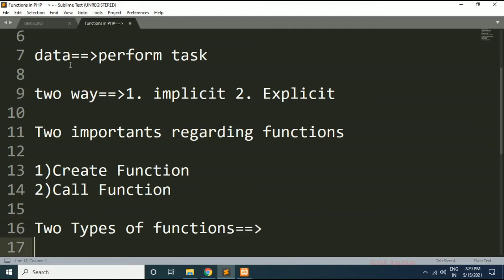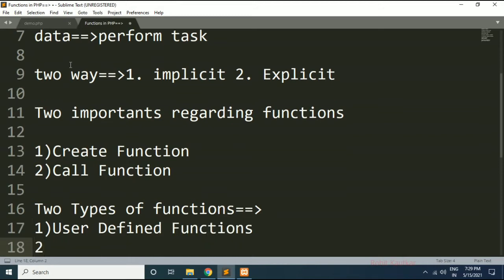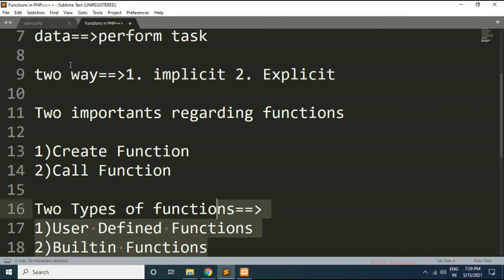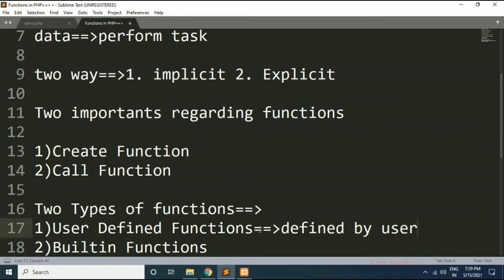First type is called user defined and second type is called built-in. Friends, user defined functions will be created and defined by the user. Whatever task the user wants to perform, as per that task he can create a function.